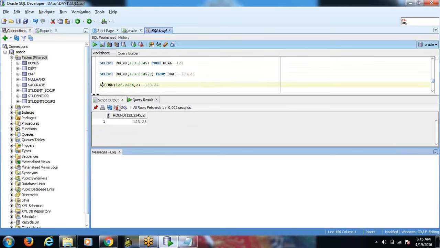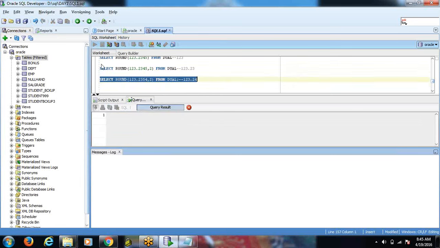And for this, what output do you need to get? Got it? 123.24. Okay. This is the round function.